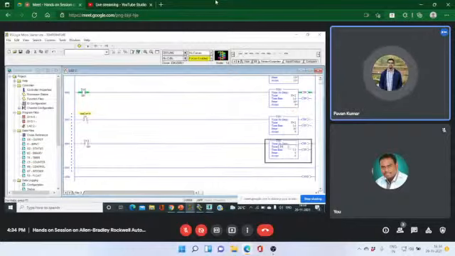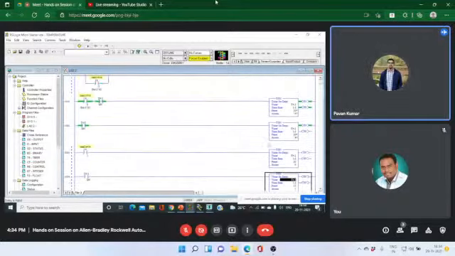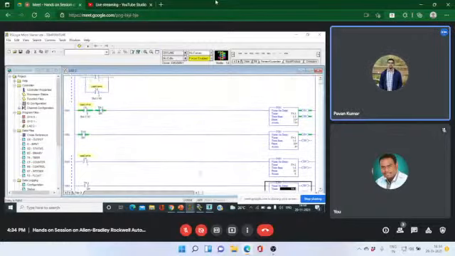Here we have to give the address of T4:3, which should be off for 15 seconds. So that we can maintain the temperature of the liquid constant at 100 degrees Celsius. As usual, if we have to turn off timer 1, here timer 3 and timer 4. In one case, only one timer should run. So we have to turn off timer 3 by using timer 4. Turn off is done by an NC coil.